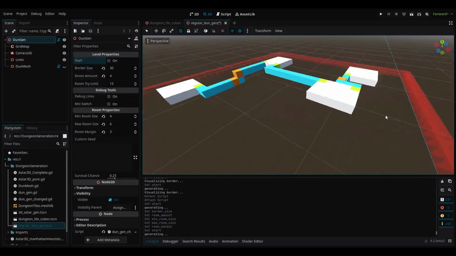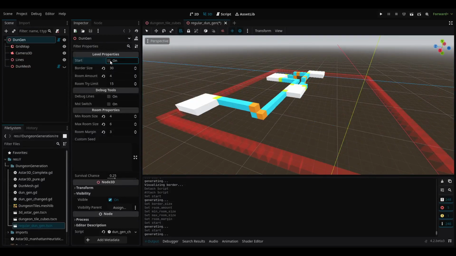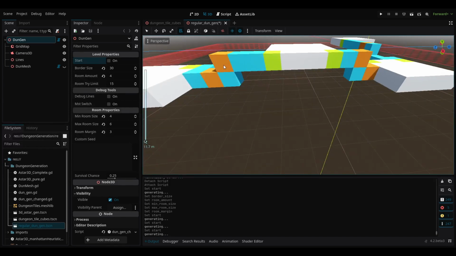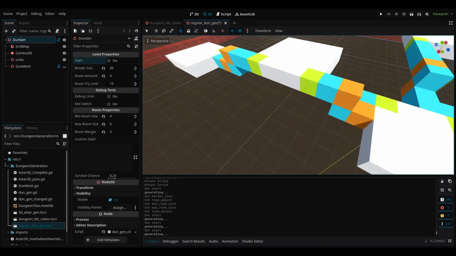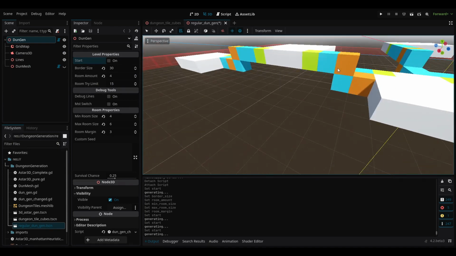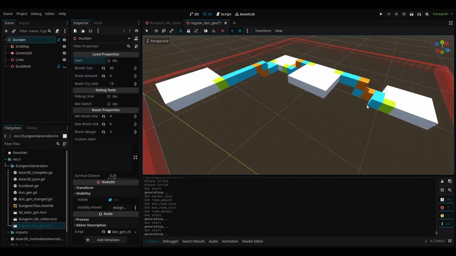And the way I did the stairs, you can see I have orange blocks now. These orange blocks are telling me where the level changes, right? And then I'm creating them in the diagonal direction that it's going. So it's going down, it's going up, right? And this comes a little bit from the original Vazgriz procedural generated 3D dungeon. He used a 2x2 block to create these really nice stairs,